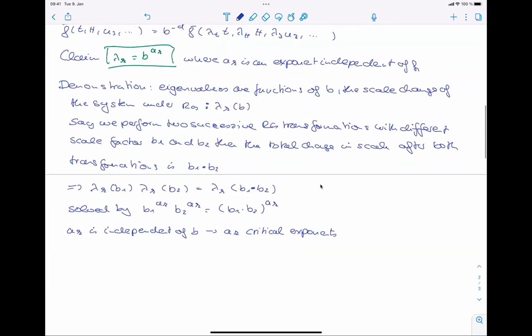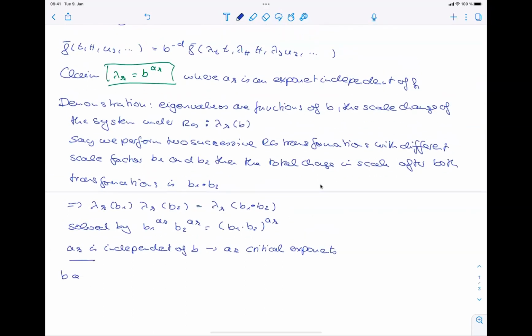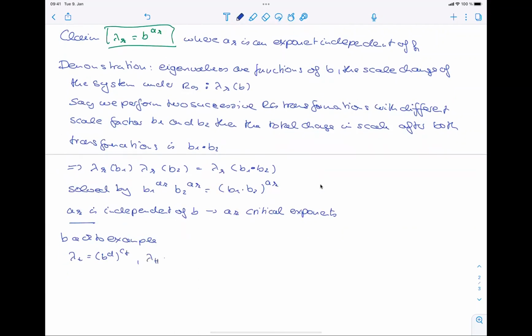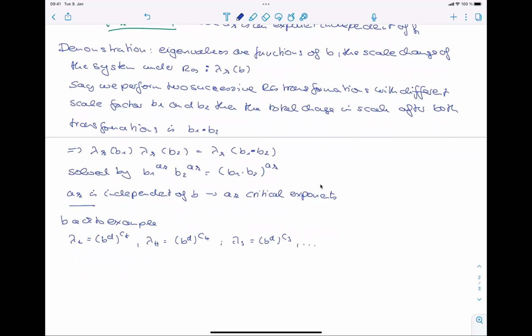So if we now assume this scaling and go back to our example, we can write the eigenvalue lambda t as b to the d, d being the dimension of the system, and ct, the critical exponent of the temperature variable, and similarly lambda h, ch, and lambda 3, and so on, b to the d c3. And with that, our free energy becomes